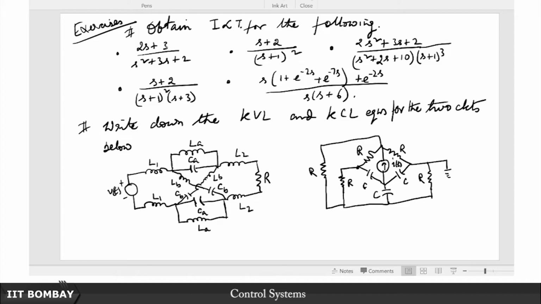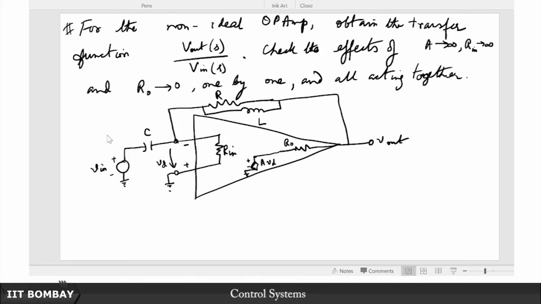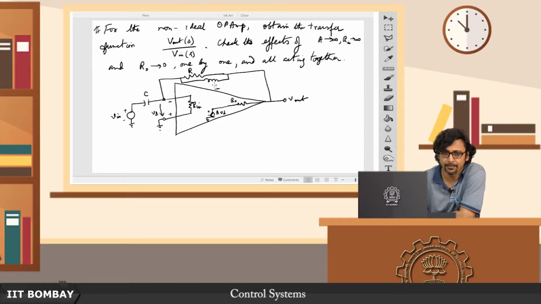Of course here the first problem gives you a bunch of transfer functions whose inverse Laplace transforms are asked here in this question. In the second question you have to write down the KCL and KVL equations for these circuits. Of course this circuit you might see is not a planar circuit, so you might have to use some graph to denote different nodes and edges, as we have already seen in one of the practice problems. And finally here you have the example of a non-ideal op amp, and you have to solve for the transfer function between V out and V in. So of course you cannot make the idealization assumptions such as infinite input impedance, zero output impedance and infinite gain. Those are all finite numbers or non-zero numbers as the case may be in this problem, and you have to still obtain the transfer function for this system. So hope you enjoy solving these problems, and when you are ready we will move over to the next part,